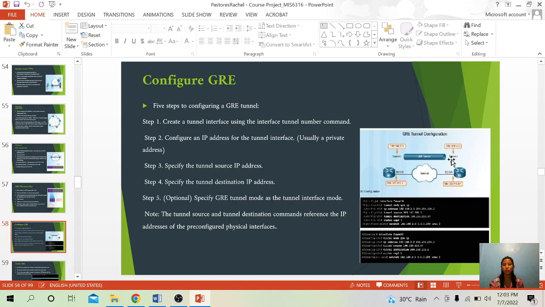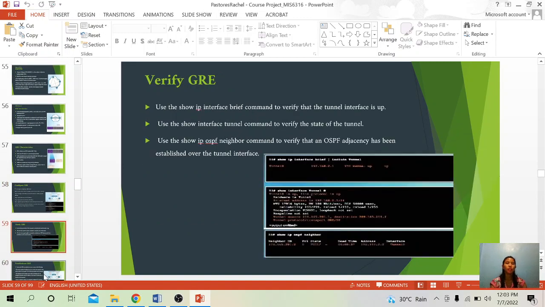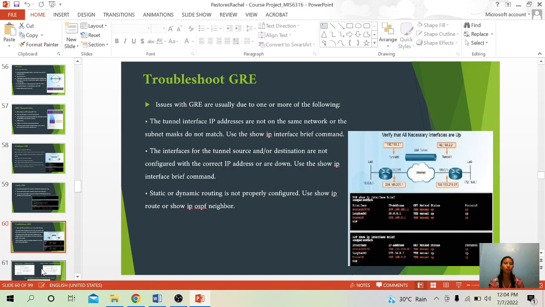Here's an example of our GRE tunnel configuration and our basic configuration commands. To verify GRE, use the show ip interface brief command to verify the tunnel interface is up. Use the show interface tunnel command to verify the state of the tunnel, and the show ip ospf neighbor command to verify that OSPF adjacency has been established over the tunnel interface. And to troubleshoot